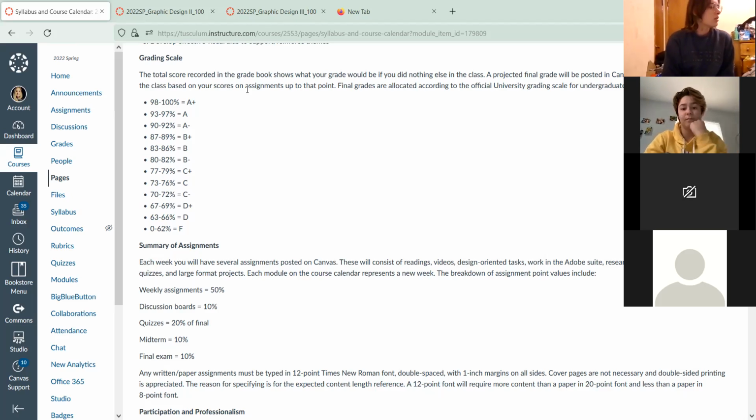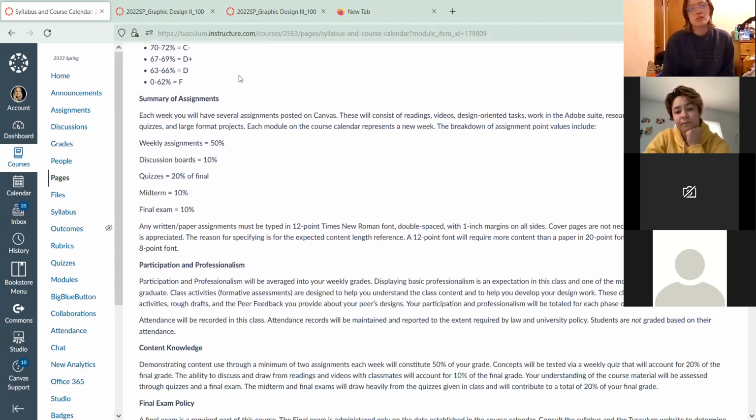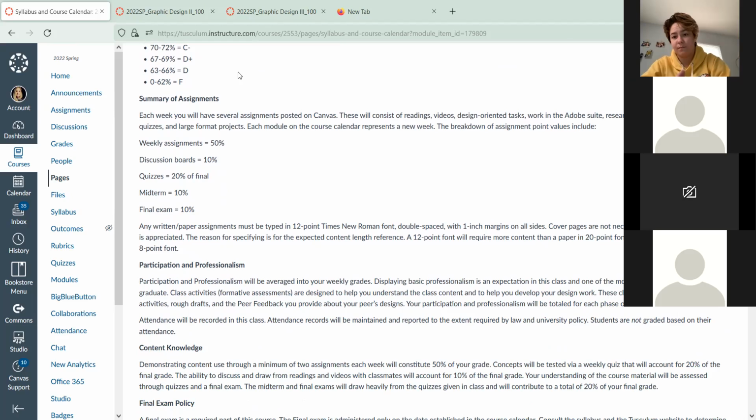Okay. The breakdown of your assignments: you'll have 2 assignments roughly every week, most weeks. Those are hands-on things, where I may say, okay, one assignment is create 3 versions of a logo, right? Or it may be, I want you to come up with a branding guide. Whatever it is, you'll have 2 hands-on assignments every week. That constitutes half of your whole semester's grade.